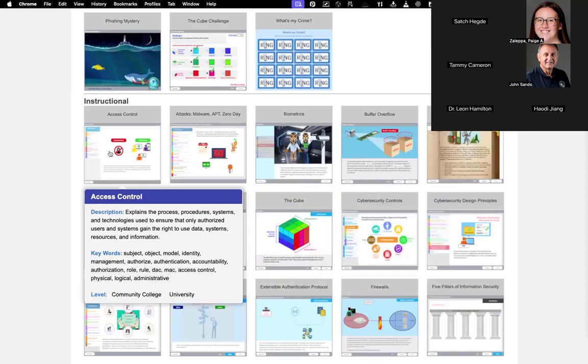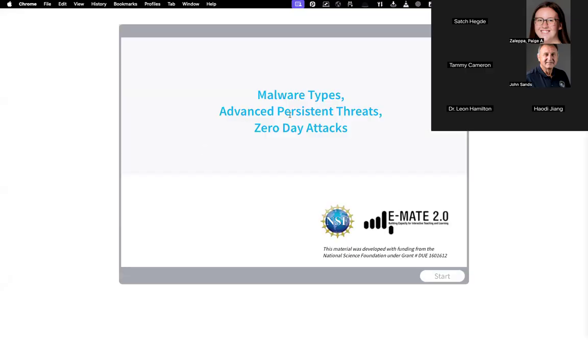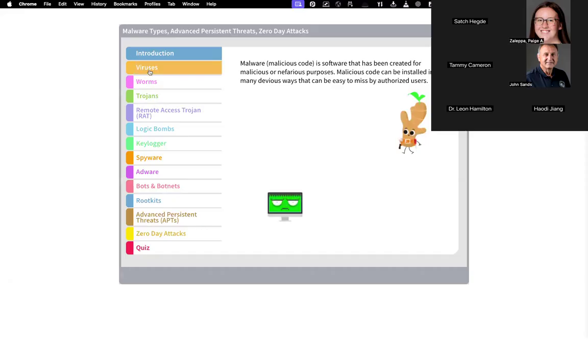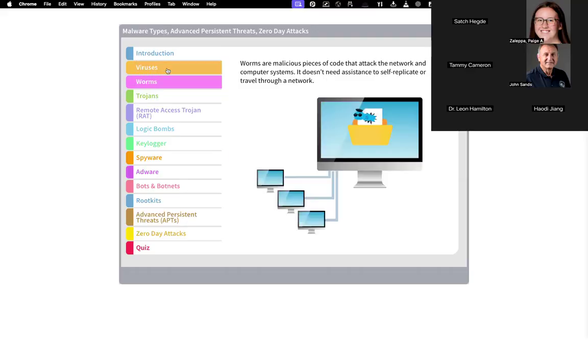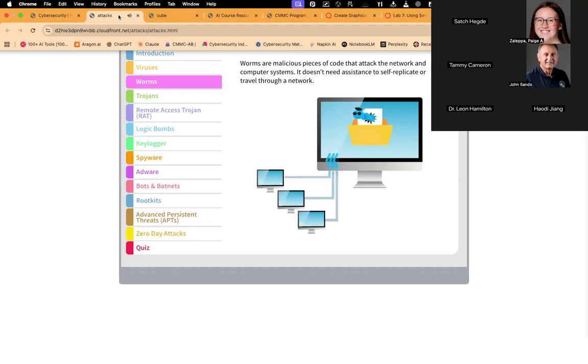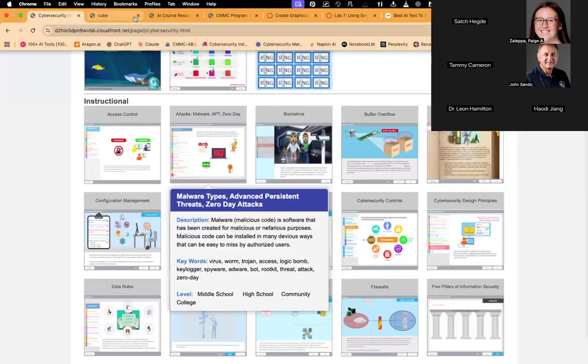So you can see we have some in access control. This one's a very popular one, malware types, advanced persistent threats, zero-day attacks. So we basically go through and show examples of these. And again, they're interactive, so you can go through them. Another one that's pretty popular